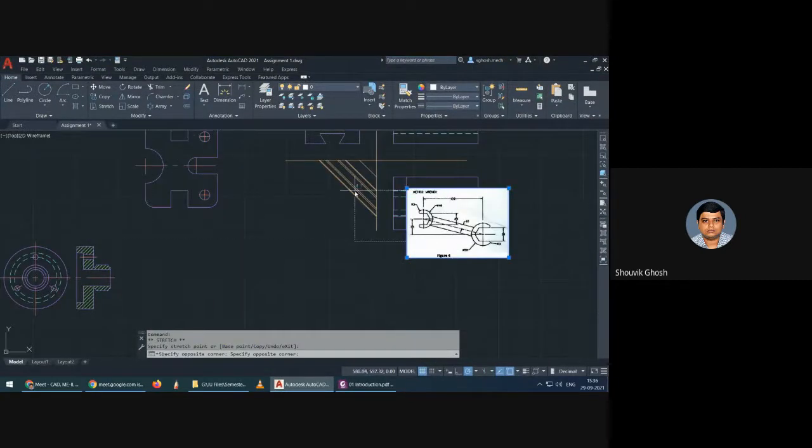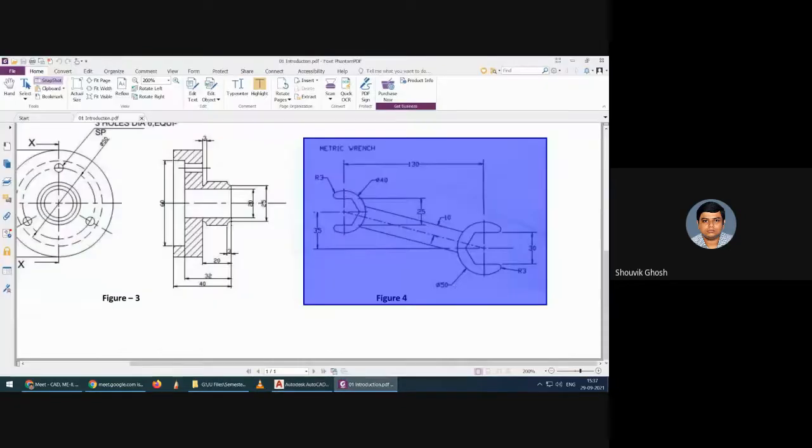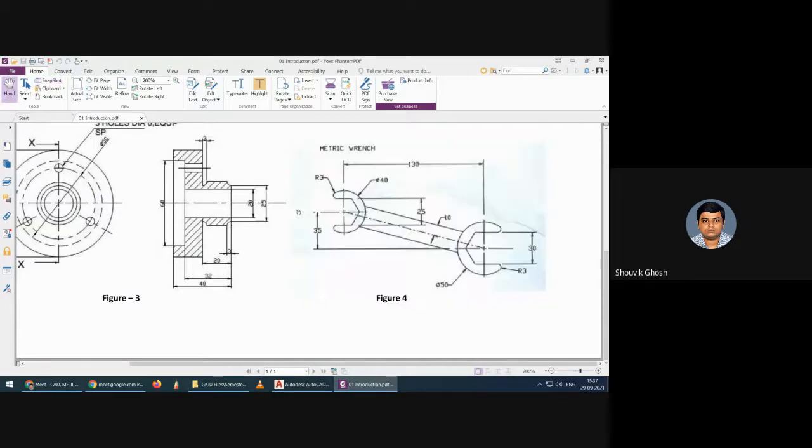So for this particular wrench, I'm keeping it over here. As you can see, for this metric wrench, the two centers of this wrench are given, the length and width are given.